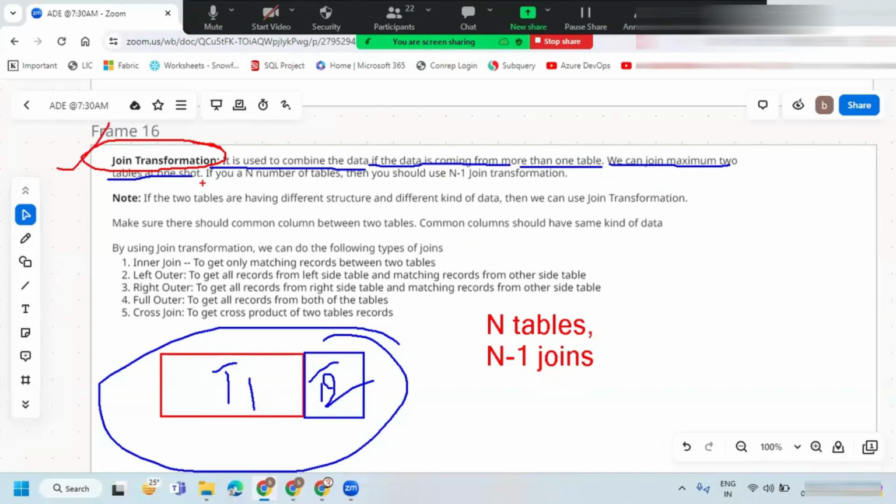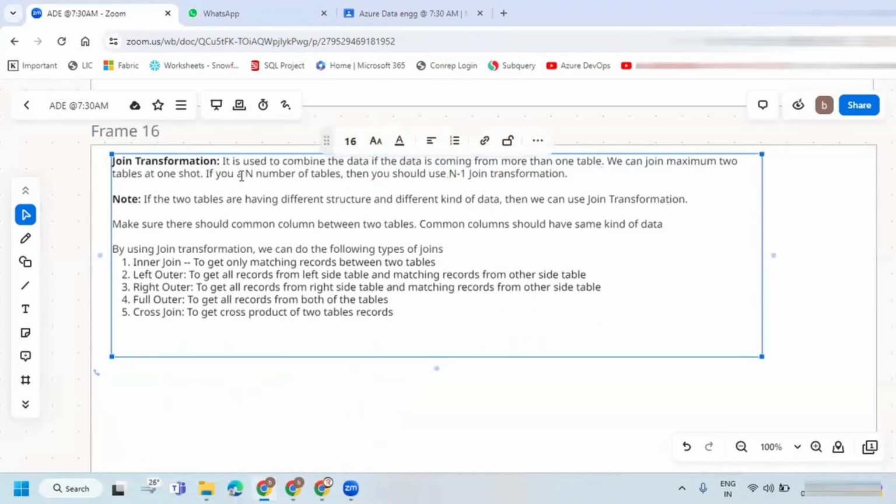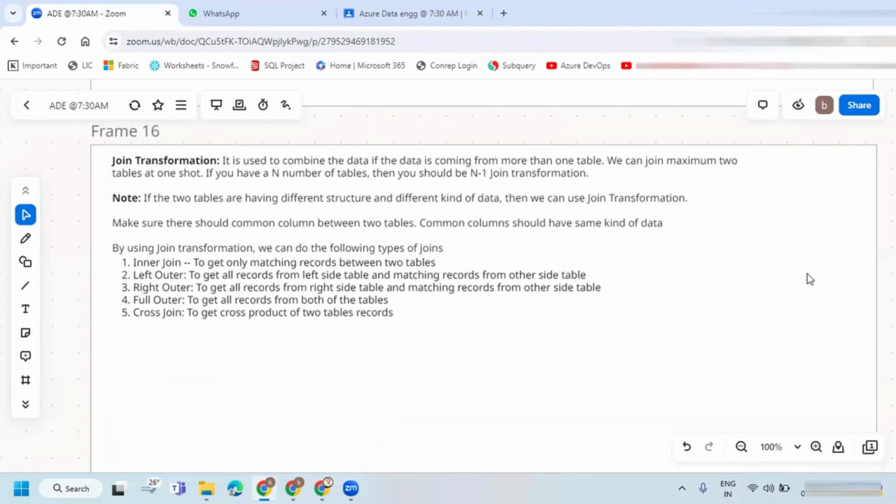So that's what I'm saying: if you have n number of tables, then you should use n minus 1 join transformations.